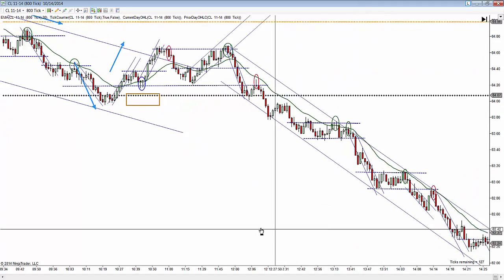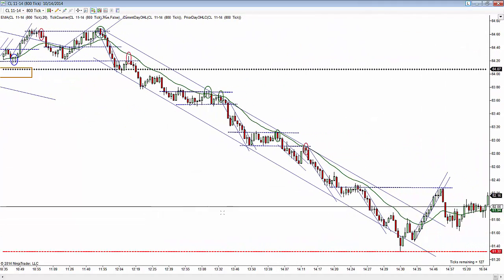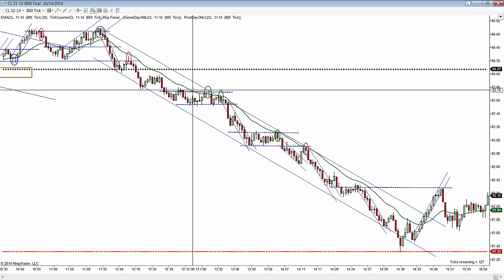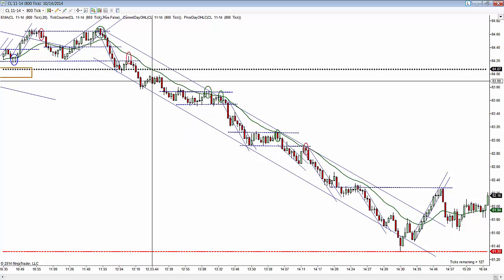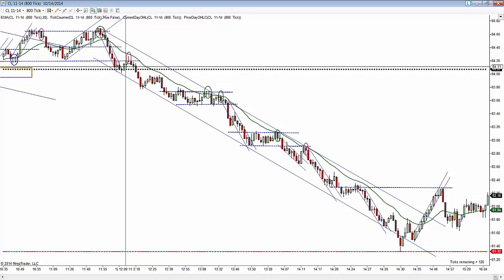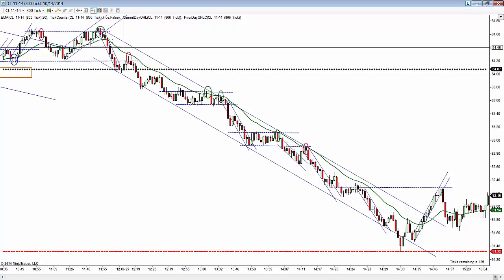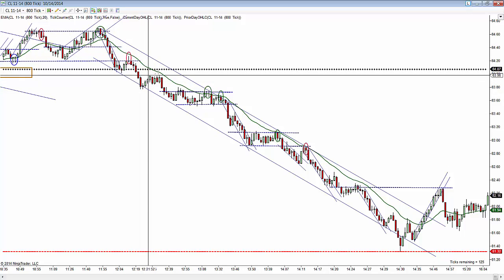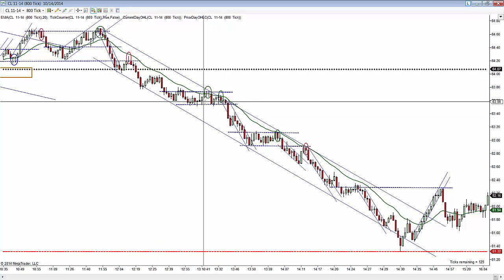But for the rest of the day, look at this drop. Price is moving down here. Once it picks up momentum with the trend, any reason to get short. When price pulls back to the EMA or pulls back to this trend channel here, you have to go short. That's really the only thing.